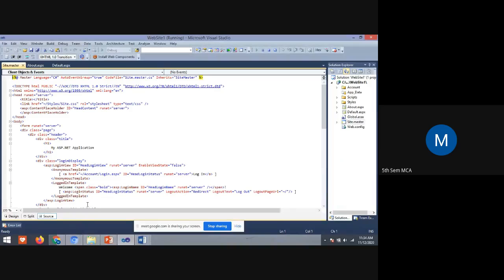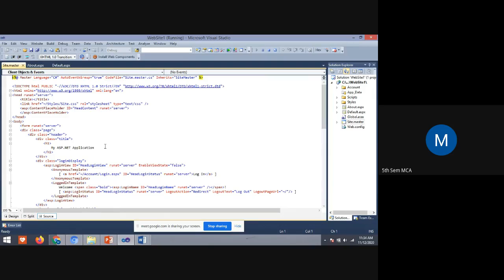Yes, students, in Visual Studio, if you take a default web page, the site master will be there, the default page will be there, and the about us file will be there. Now I have opened the site.master file.